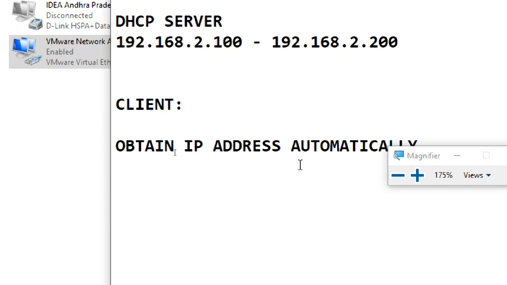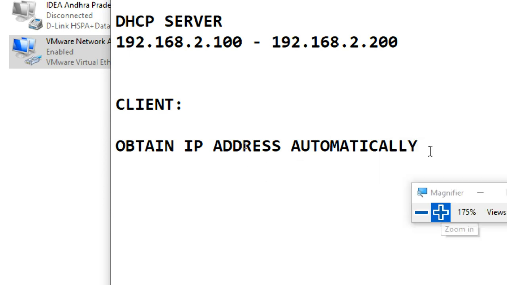From where will we get this IP address? Automatically, you are getting the IP address, but from where? From the DHCP server. You'll get the IP from the DHCP server.